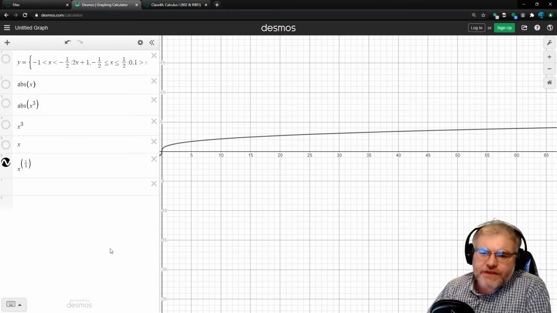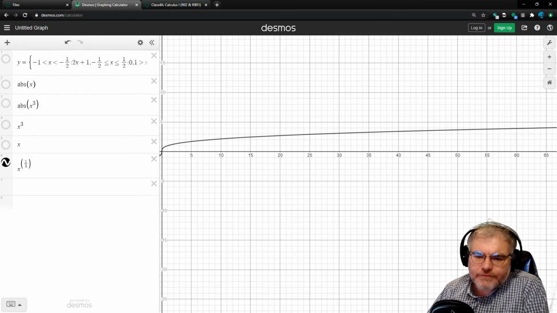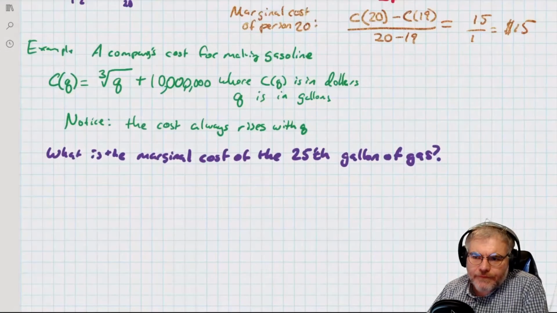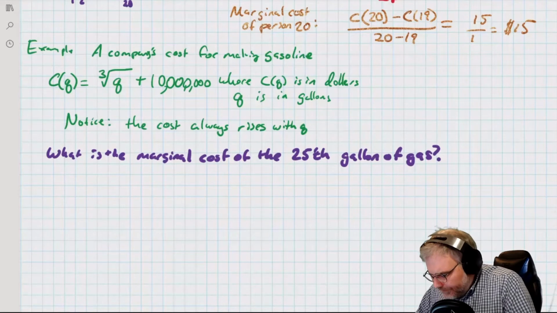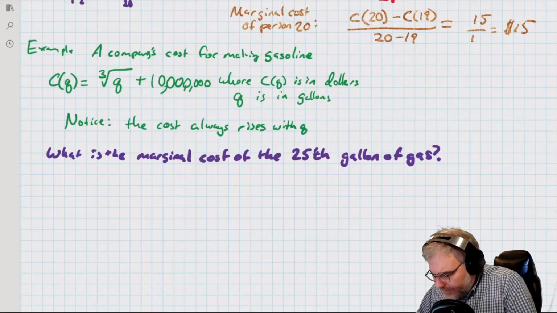So that's our question. What is the marginal cost of the 25th unit? Of the 25th gallon. Okay. Well,